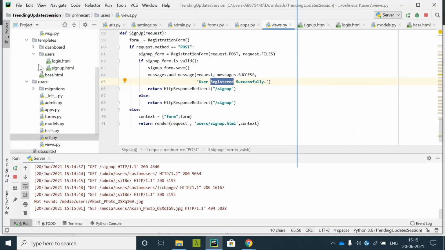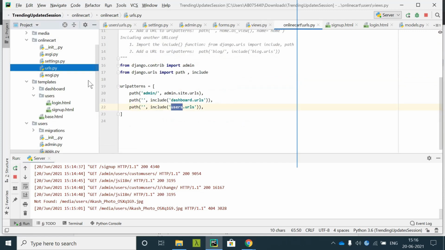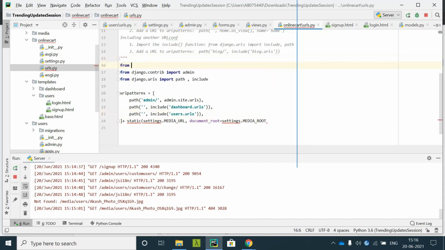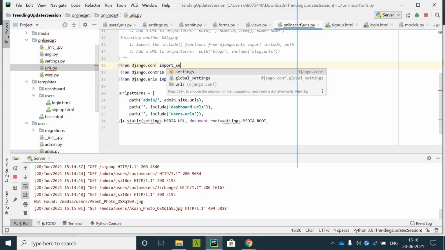Okay, inside the main project directory, go to the urls.py file, type in plus, and also add static settings media. Okay, now from django.conf import settings.